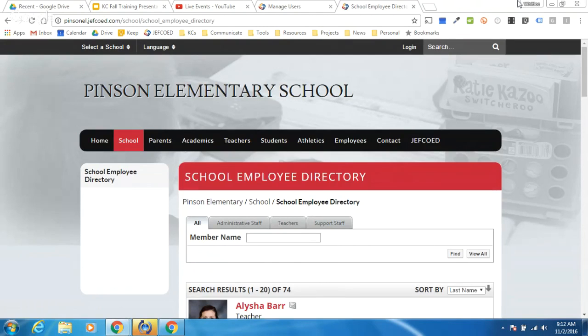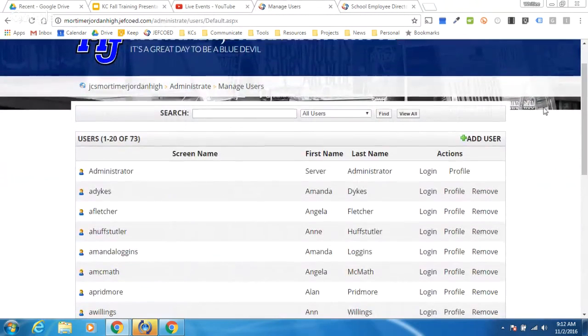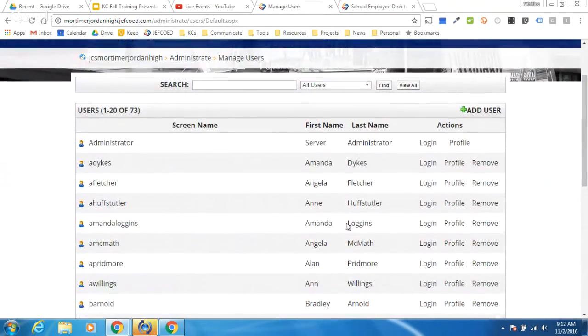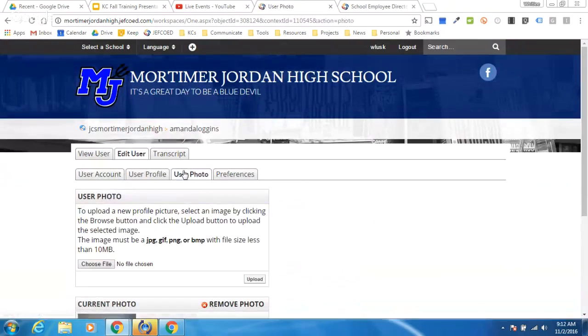Let's see, everybody's got one now. Look how nice that looks, how inviting that is. So she told people that they needed to add their picture. When they didn't, and they didn't send her one, she just started going and finding pictures of them and uploading them herself. So now her whole staff directory is complete. The way she did that